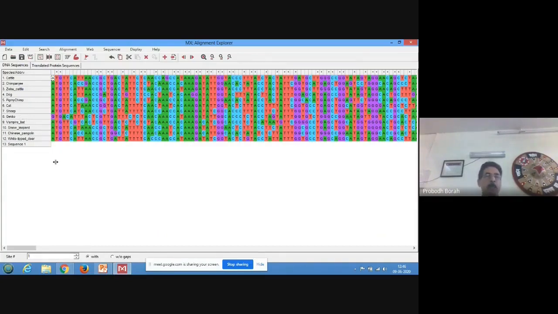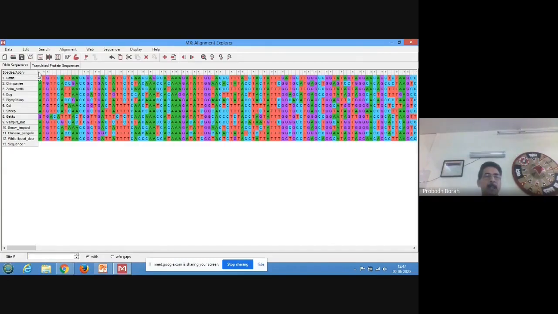As I say, when you want to compare a set of sequences, then it is always better to keep 1 or 2 outliers or outgroups for phylogenetic analysis so that the analysis clearly shows distinctive variation with the outgroup or outlier.